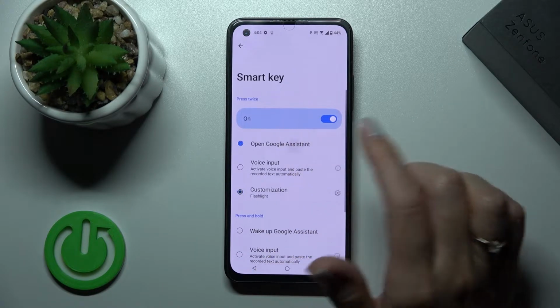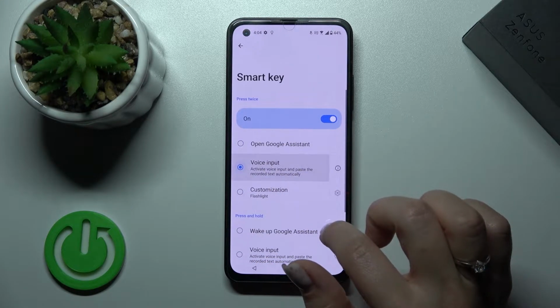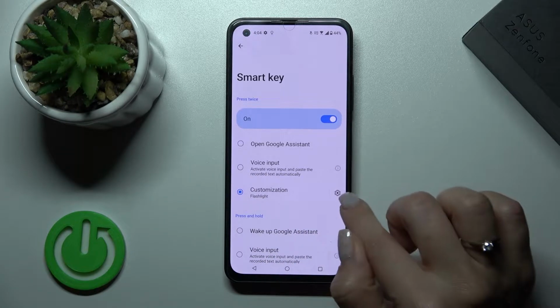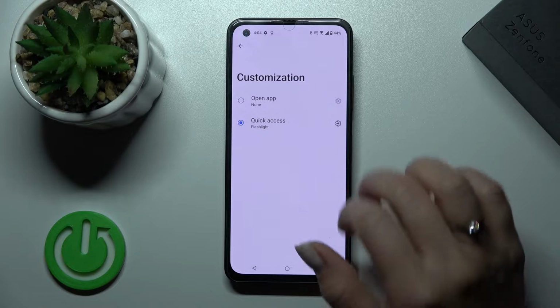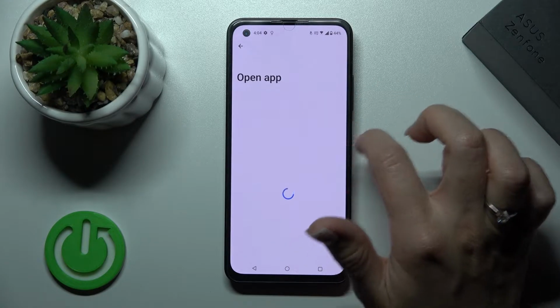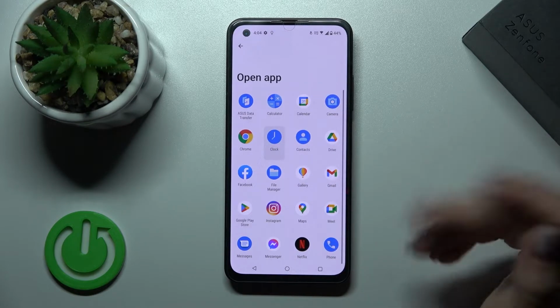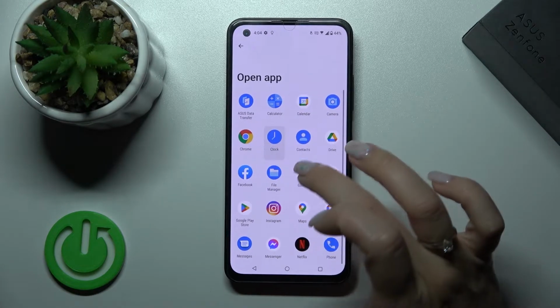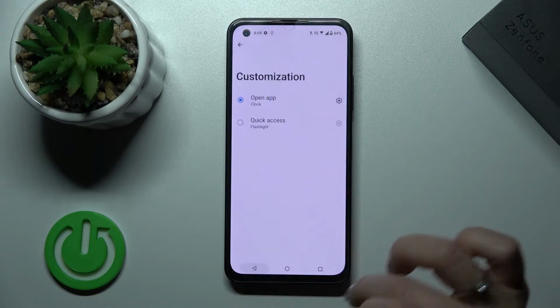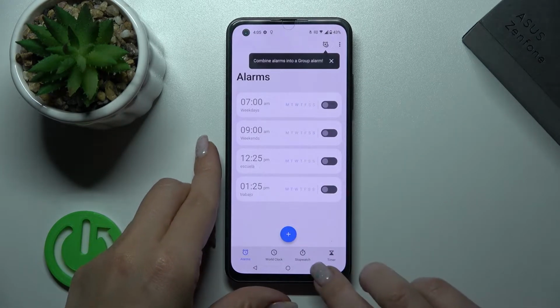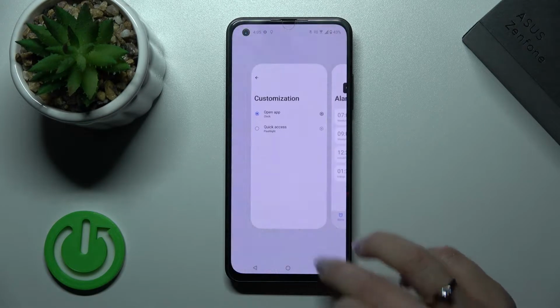And for example, we can open the Google Assistant, we can use the voice input, or for example, let's use the customization. So click here on the settings, we can open the app here, just any application. For example, let's open the clock app here. And now let's press the power key twice, and now we can see that we just successfully opened the clock